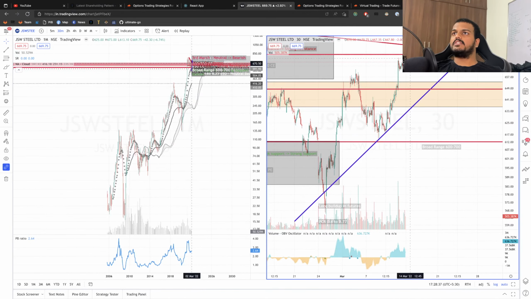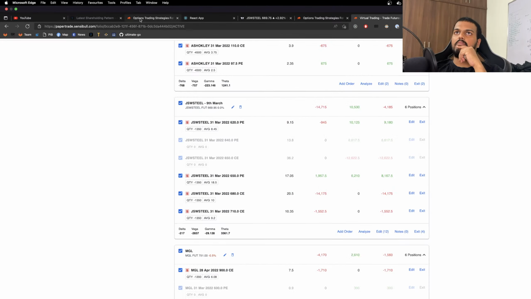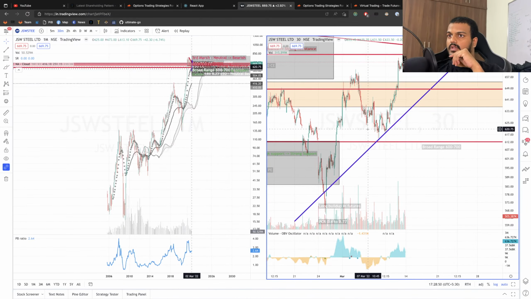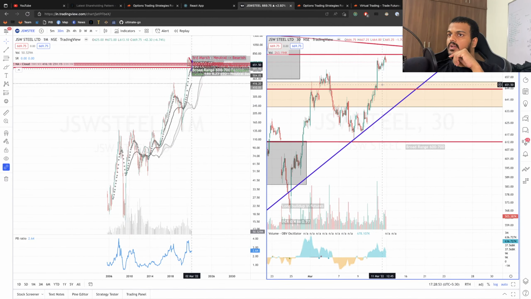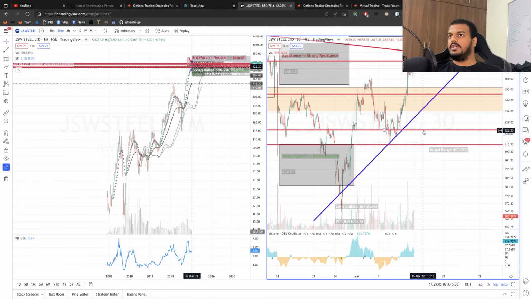So this will be acting as a resistance, and this can act as a support, because of the long build-up. We have to see when did the long build-up happen. If you're seeing the long build-up, the recent long build-up happened on 28th. When is 28th? Feb 28th, right? Feb 28th, it has reached this volume. So this will act as another support here. So we have one support at 620. The other support, the middle zone, acts as a good support right now. So this is where the market has to consolidate for some time.